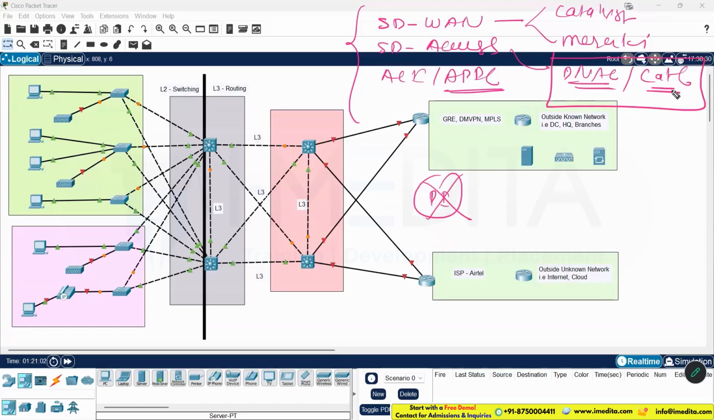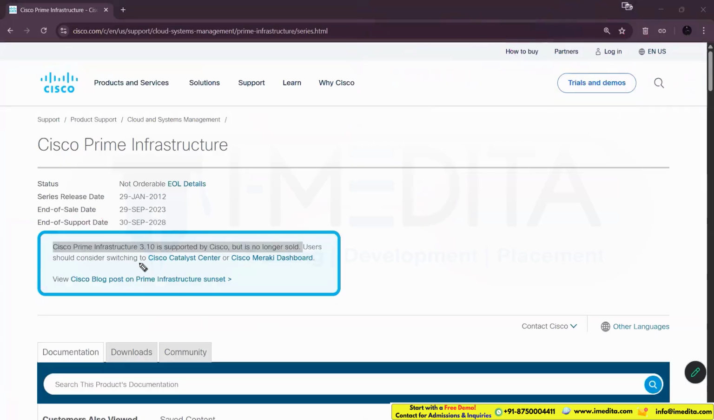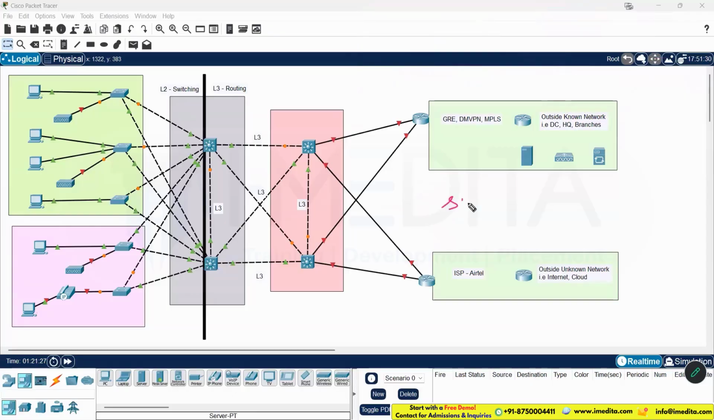We will force you to do it, basically. Since the Prime Infrastructure has been announced end of sale, end of life, of course, you will have no other choice than to migrate to or switch to the Catalyst Center or maybe Meraki. But one thing to note very clearly here, the Cisco SDA solution,